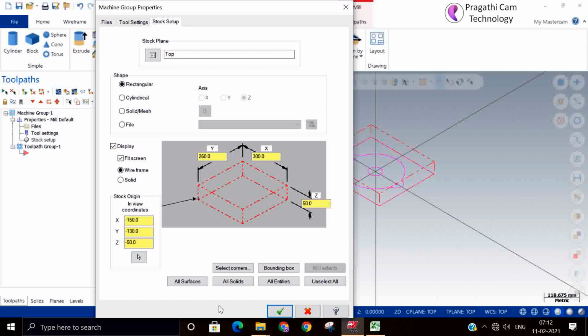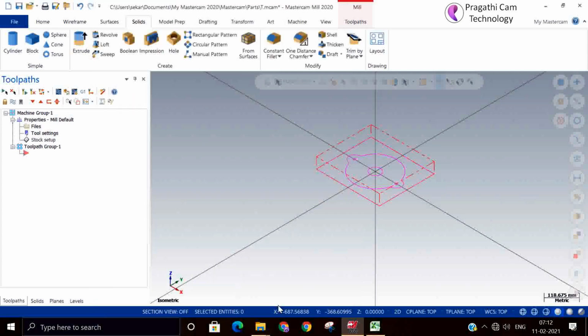Now we'll go for one small example. Toolpath, pocket.